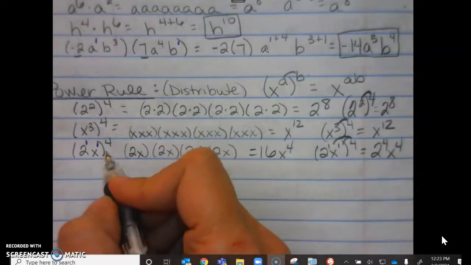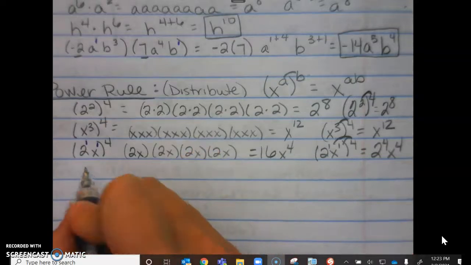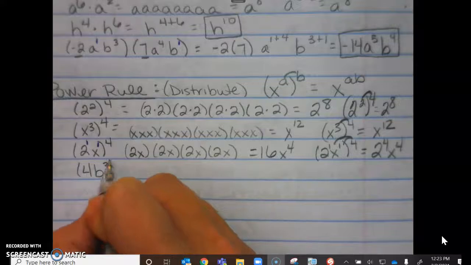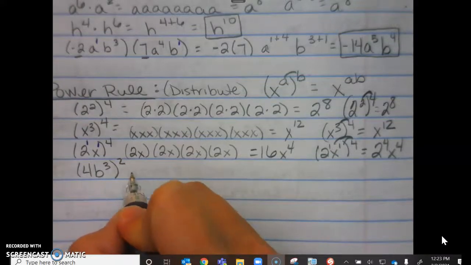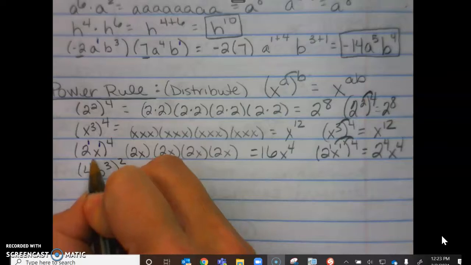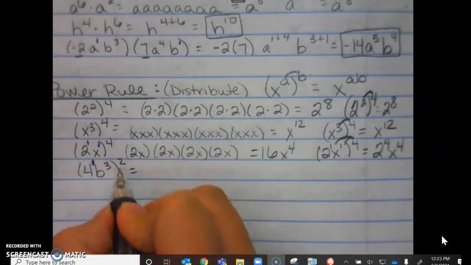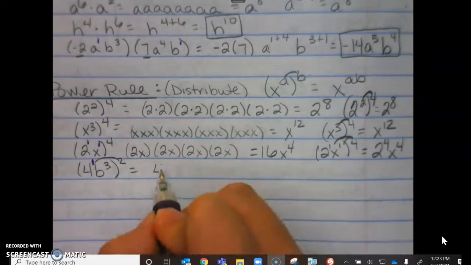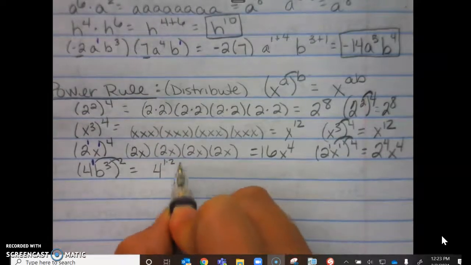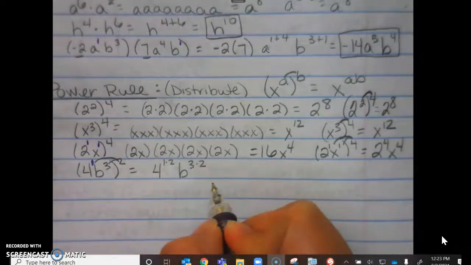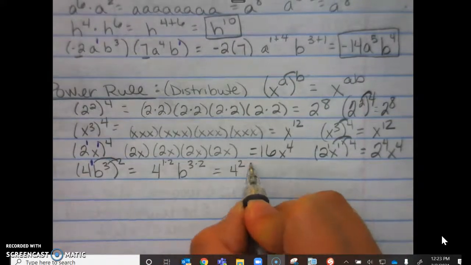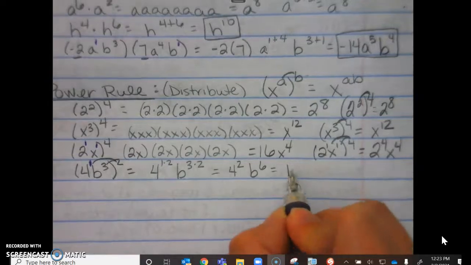Here's another example with multiple pieces. 4b to the 3rd squared. Well, let's try this without writing it out. So I'm going to put my 1 here on my 4. So this becomes 4 to the 1 times 2, b to the 3 times 2. Well, I know that 1 times 2 is 2, 3 times 2 is 6, and I know 4 squared is